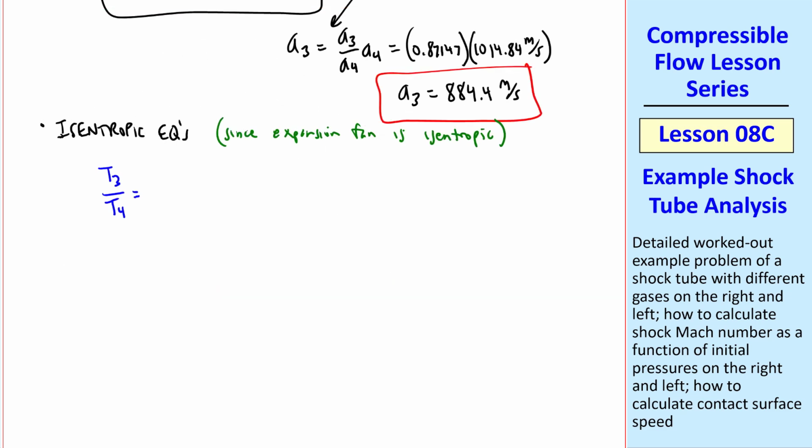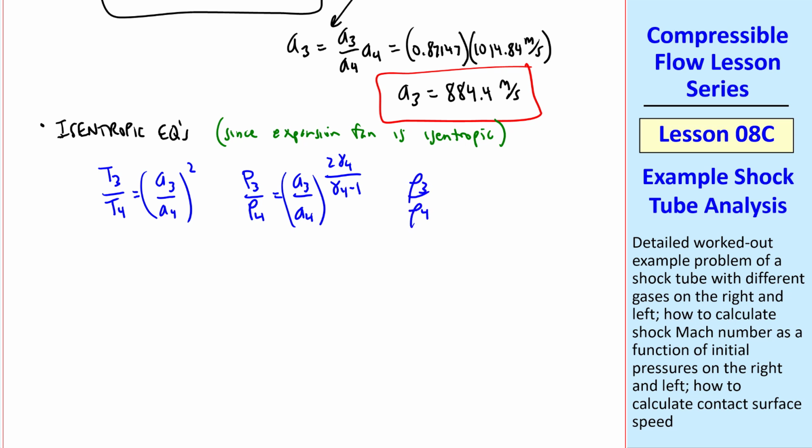So T3 over T4 is (a3 over a4) squared. P3 over P4 is (a3 over a4) to the 2 gamma 4 over (gamma 4 minus 1). And rho 3 over rho 4 is (a3 over a4) to the 2 over (gamma 4 minus 1). And since we know a3 over a4 is 0.87147, we can calculate P3 over P4, which turns out to be